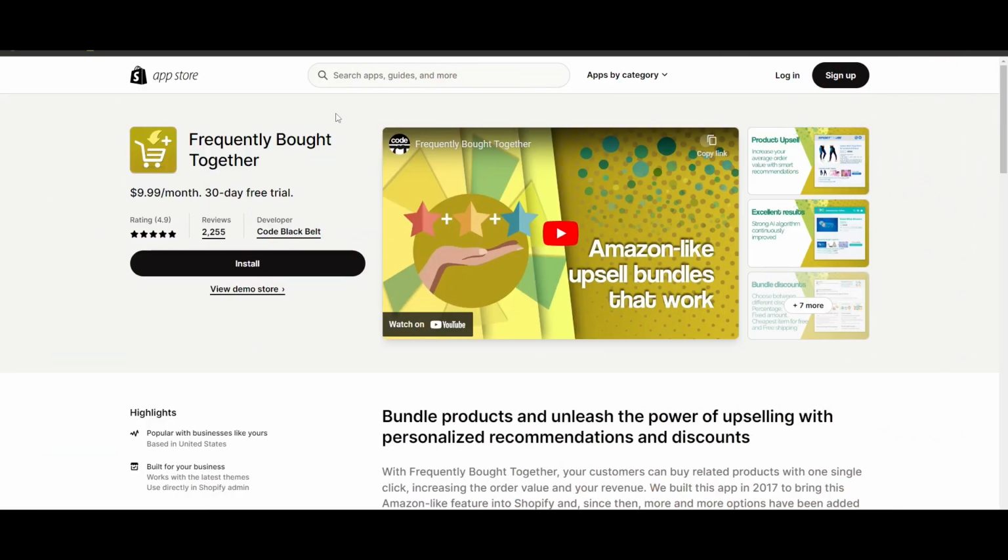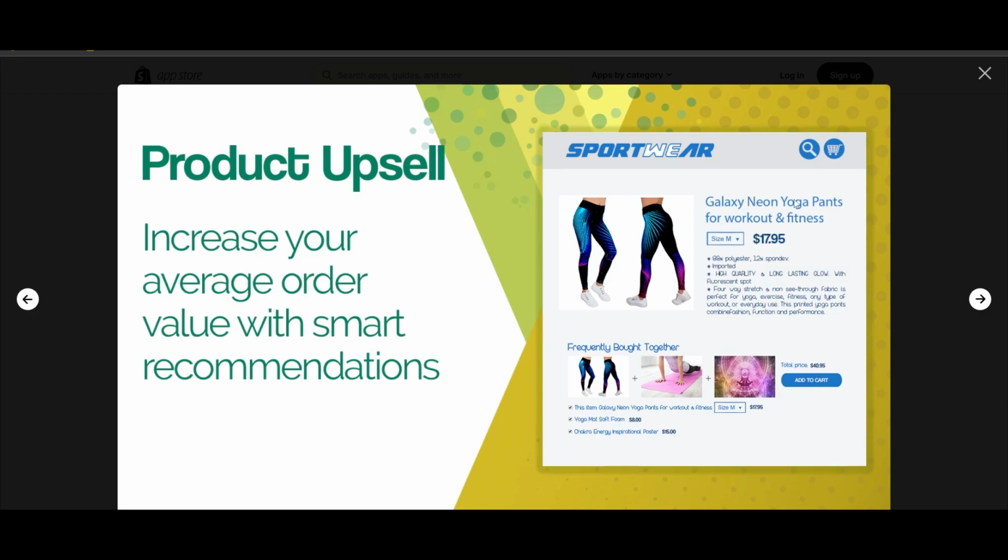The next application, frequently bought together. Now this is a bundle application. So what it does in this image, as you can see, someone is trying to buy this product or one product. The frequently bought together app will bundle it with another product right here, as you can see. So if someone is buying these yoga pants, it would make sense to bundle it with a yoga mat as well, and that way it'll become a bundle and it's more enticing